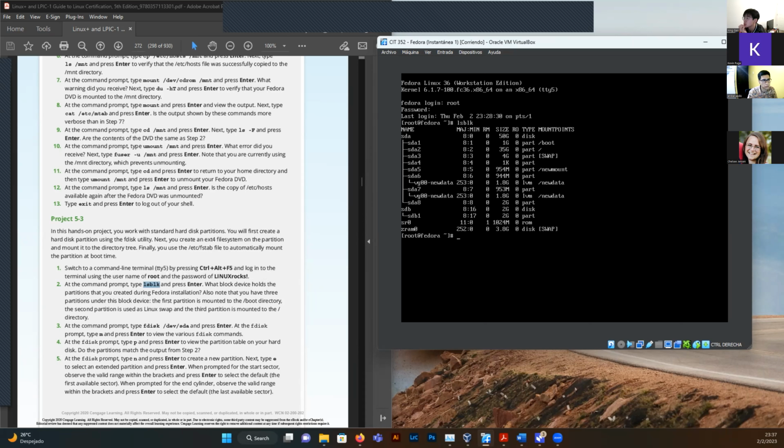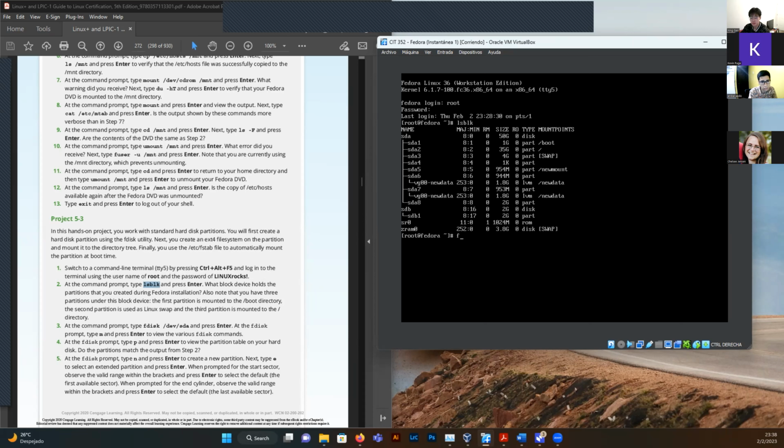I'm guessing that you are going to have a different output for this because I have already done the project for this week, so it looked messy, but it's because we are going to be creating many partitions this week. And after you check your partitions, to create a new one, you have to have free space and then